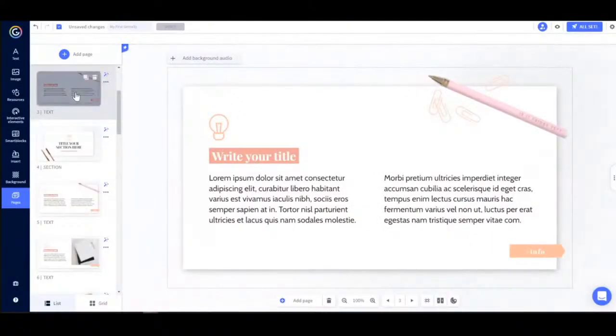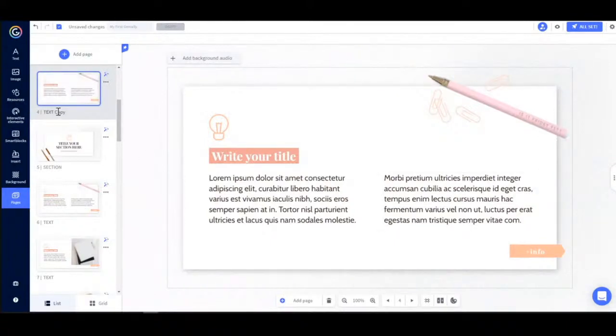Great. Now, as an alternative, you can also duplicate a page that you already have in your creation, including all of the content that's on it. In order to do that, you just have to hover over the page and you'll notice this icon that appears. When we click on it, it's going to create an exact duplicate of that page. Now, in order to avoid any confusion, you might want to rename that duplicated page.